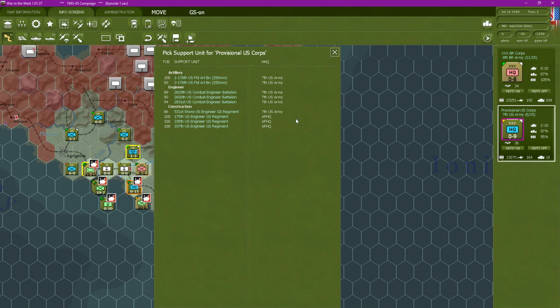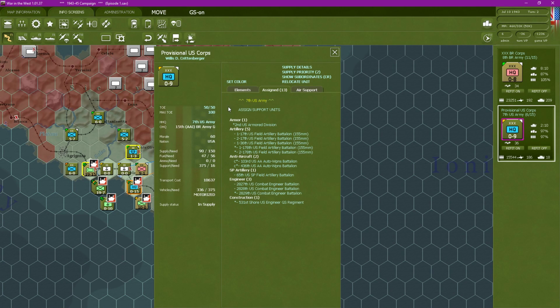So what do we have here? 164 guns. Let's have some 155mm assigned to you. We'll have some engineers. And we'll have the construction. There we go, 7th US Army. We'll lock...